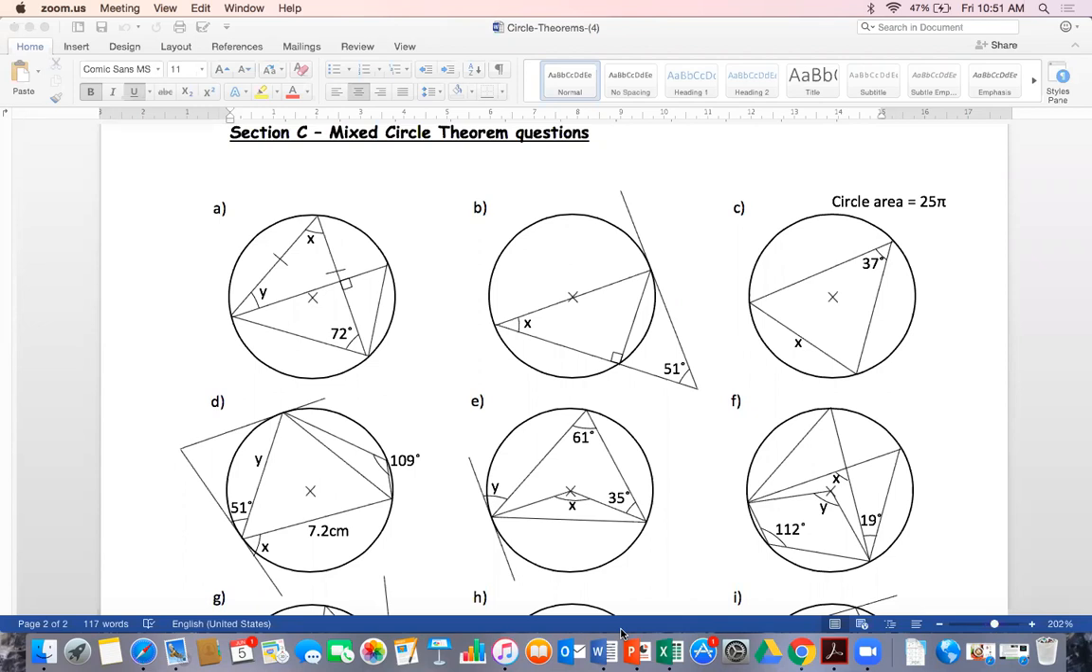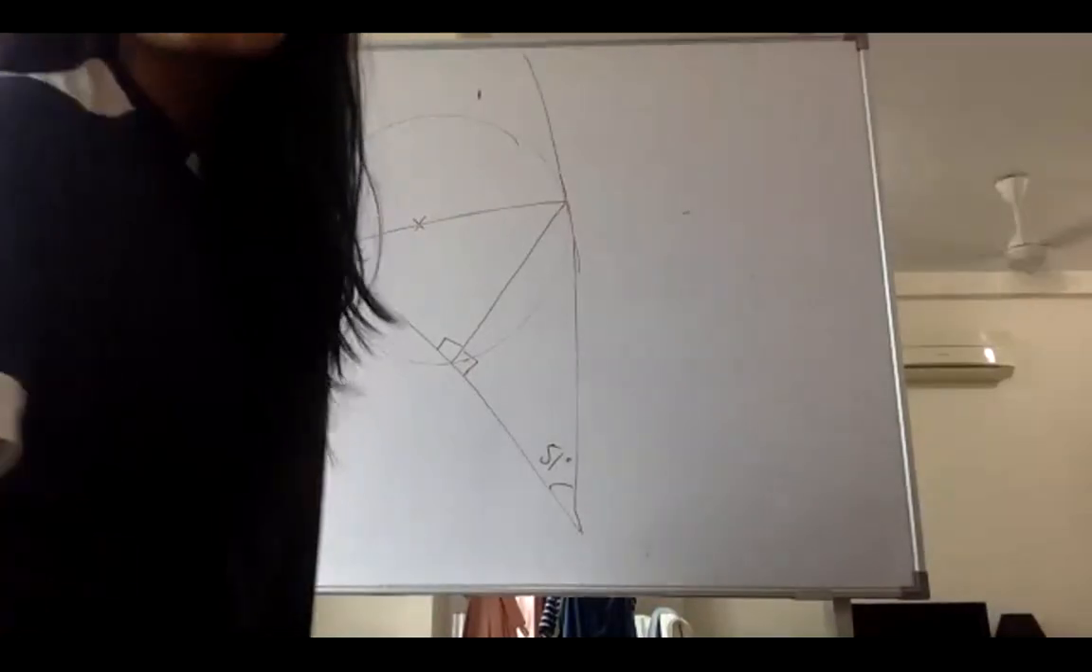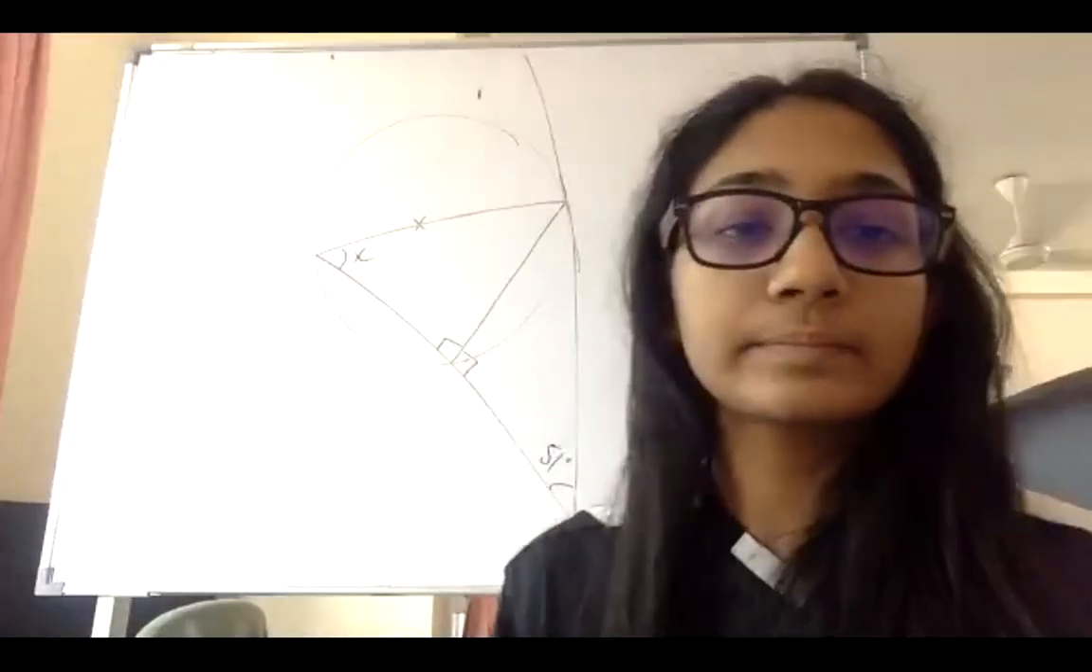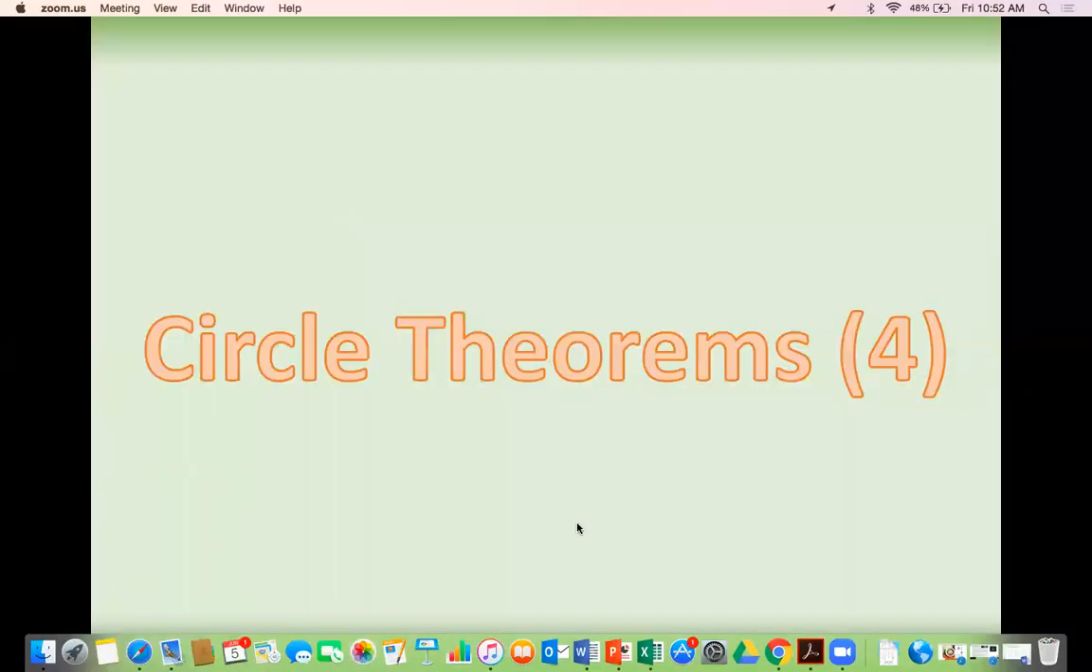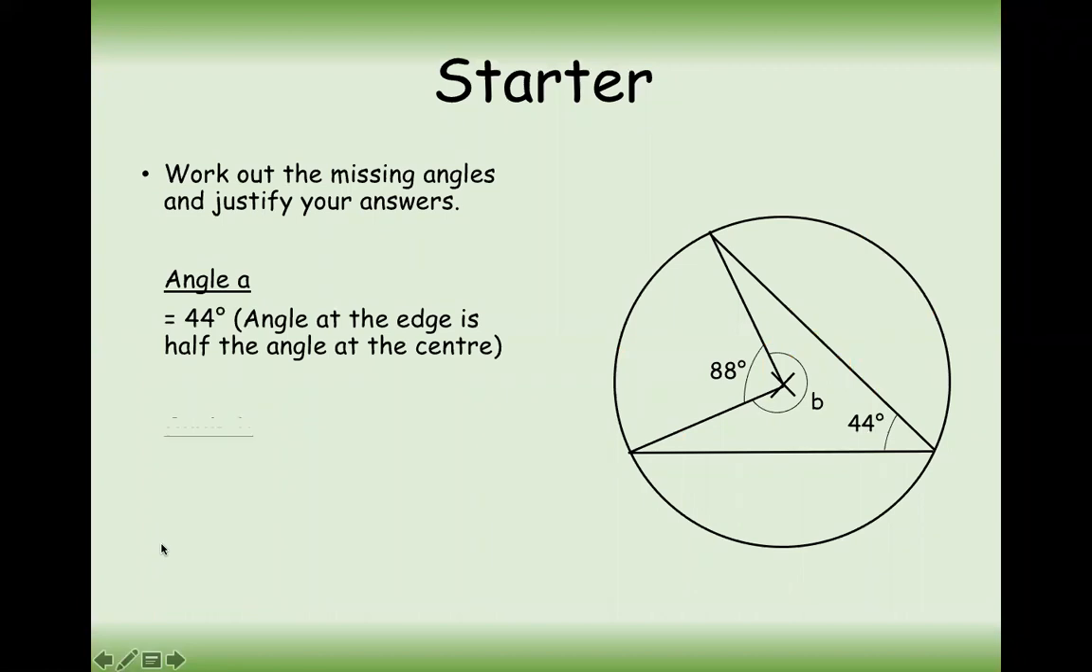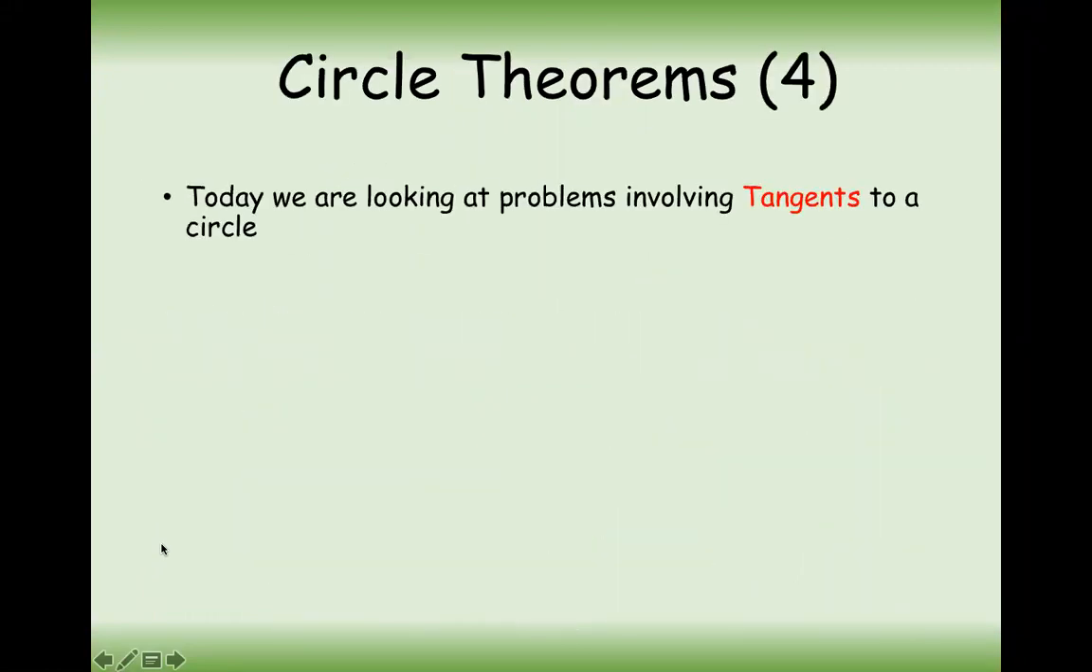So if I have a tangent to a circle like this, if you remember circle theorem 4, when I have a tangent to a circle,